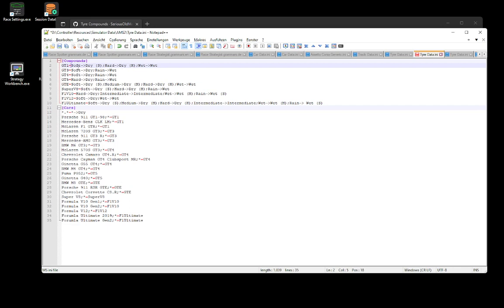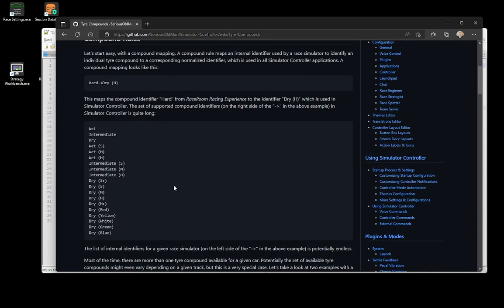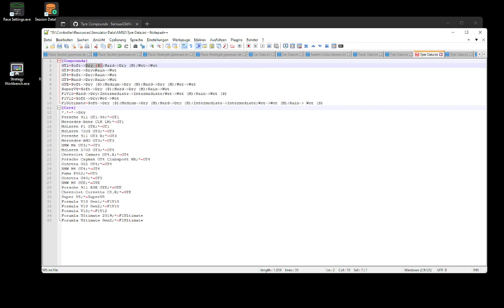Where do you get these from? It's very simple. Open the simulator, go to the car page or to the pit stop dialog and take a look at the available compounds and use the identifiers you see there as the left side of the mapping and the one of the standard Tyre compound identifiers of simulator controller, as we have seen here on the right side of the mapping. Okay, this is one method, and